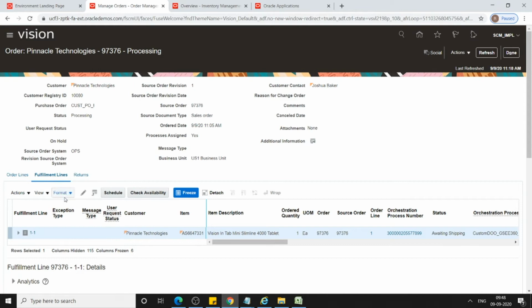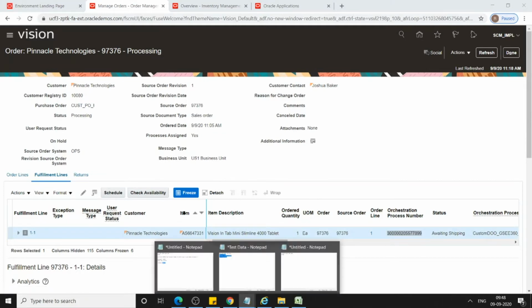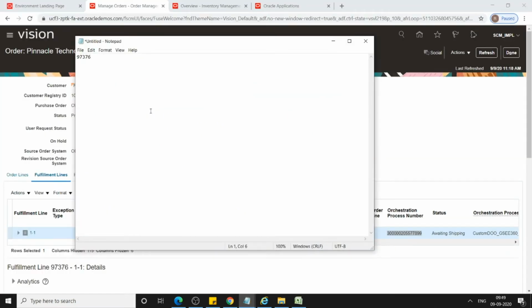When you click on fulfillment lines, you can see a line got displayed with item description, source order, all these things. And here you can find a number, the orchestration process number. You can assume this as your workflow item key in Oracle EBS. I'm not going to use this orchestration number anywhere, but let me note it down.